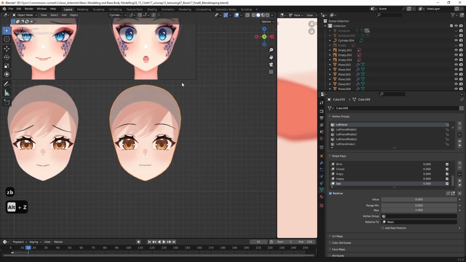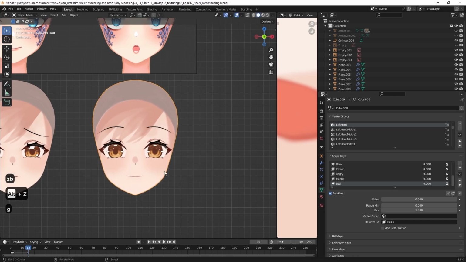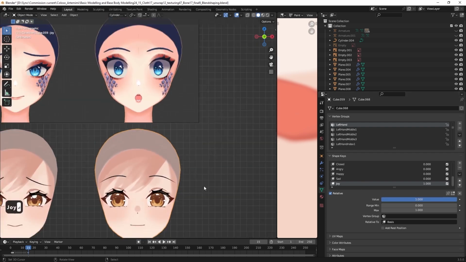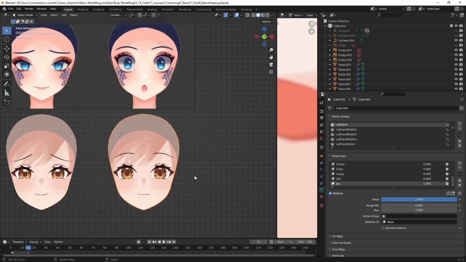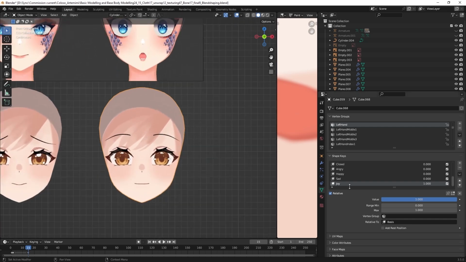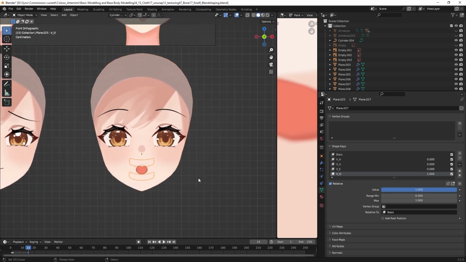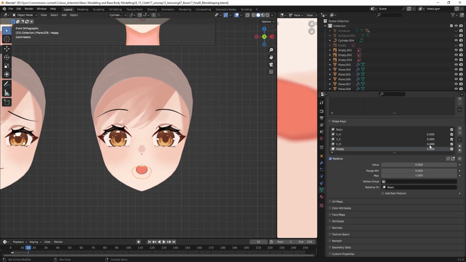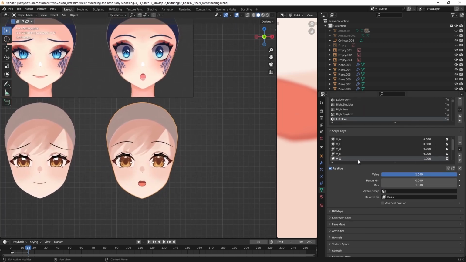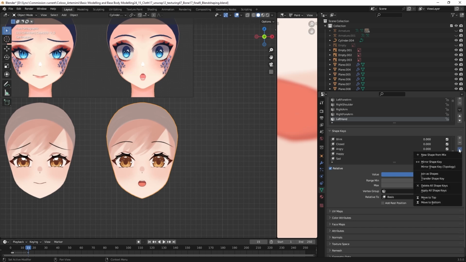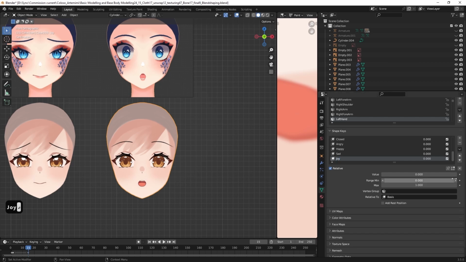And then we're gonna make a joy expression here. For the joy expression, we can create a new expression and call it joy. Move it to value one. And then first we're gonna have our mouth shapes first. So I think we can delete the joy first. And then we can make an O expression like this. And then the teeth into an O expression like this. And then also the tongue into an O expression like this. Okay. After that, we're gonna create a new shape from mix. Call it joy. All right.